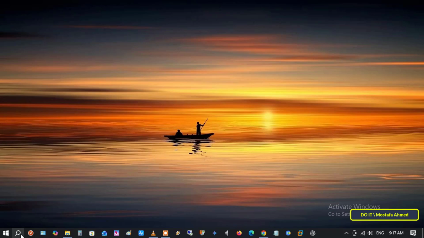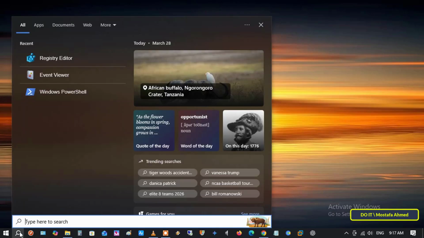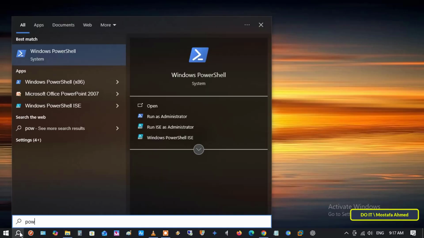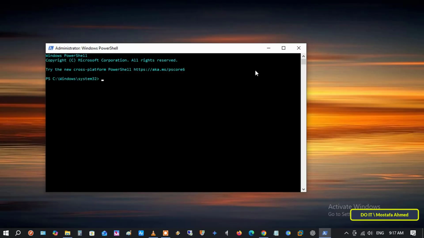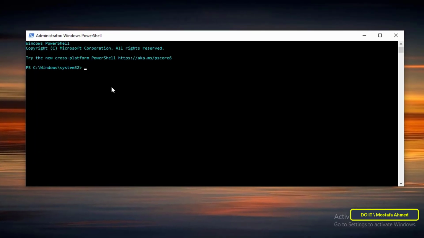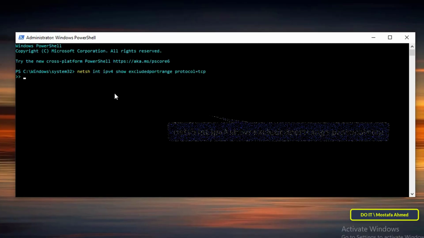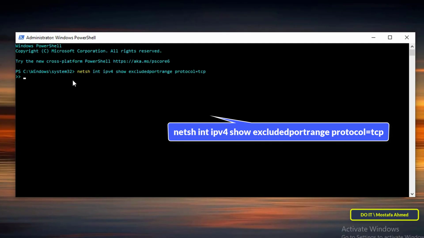We need to open PowerShell with administrator privileges. This ensures the system has the necessary permissions to execute the commands we'll be using. Type PowerShell in the search field, and click on it as administrator. After opening the PowerShell window as an administrator, I will enter a specific command to check for any potential port conflicts